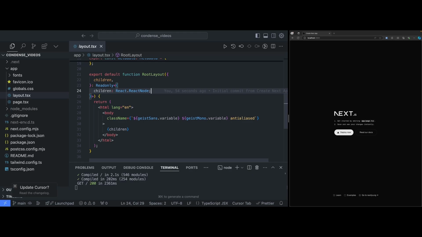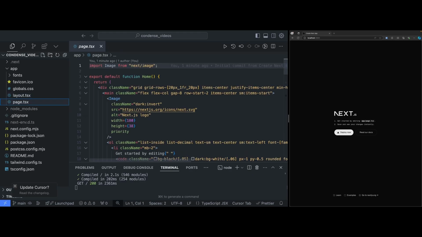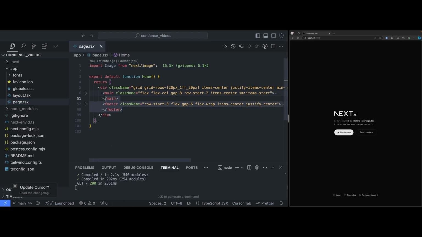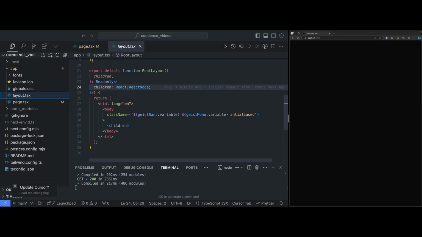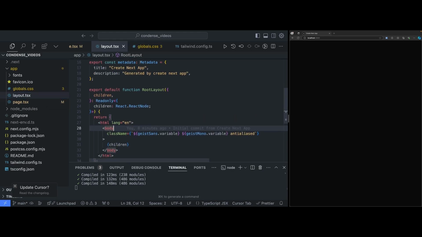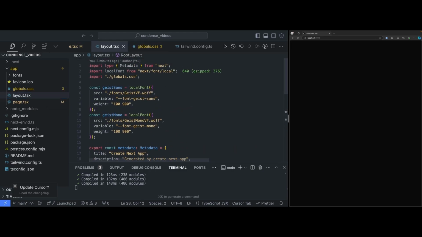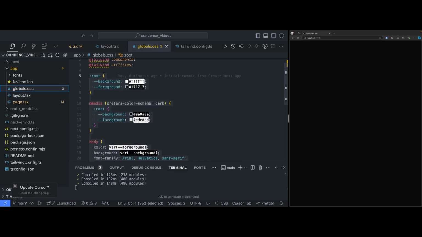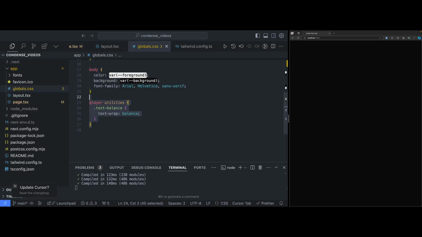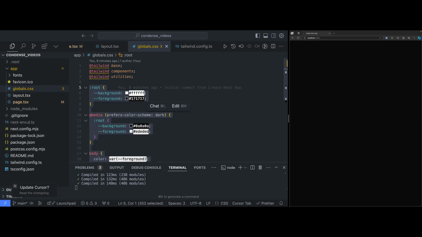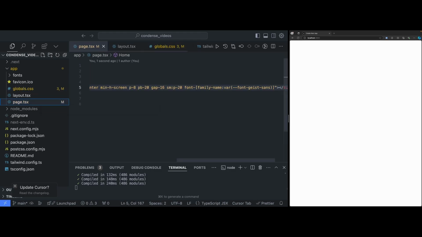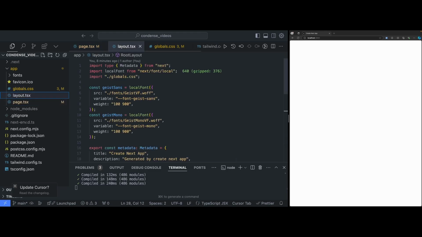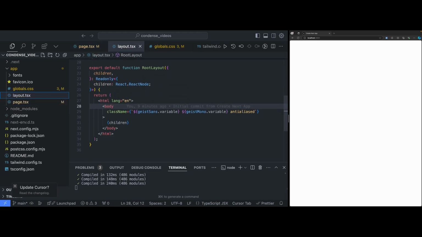Remove this default stuff we have here. I'm just going to remove all of this, and also in the layout, just remove this background color. So going to global.css, let's just remove all of whatever we have in here. Okay, fine. So now going to the root layout, let's first have the navbar component, and then I can